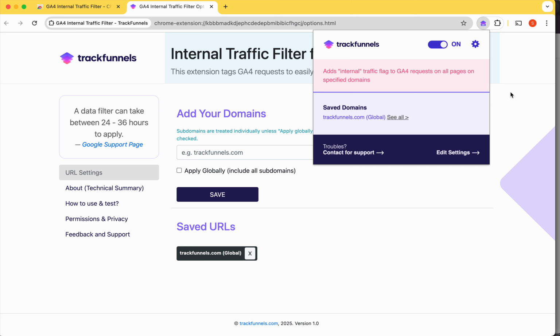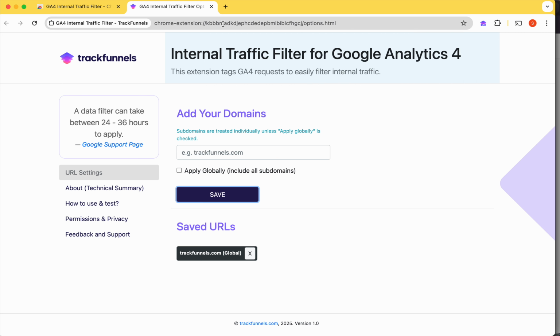And now you can relax and go to your domains, and all the traffic will then be categorized as internal in your GA4 reports. Now there are a couple of ways to verify this information. One of the ways is to just head over to the domain that you have added here and